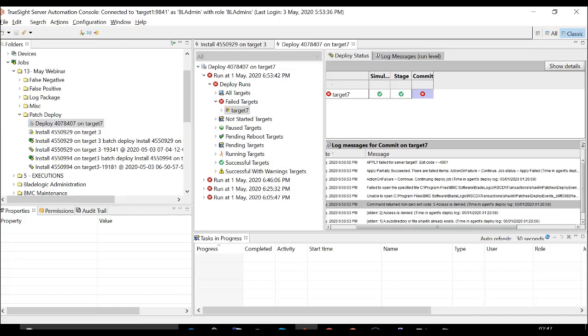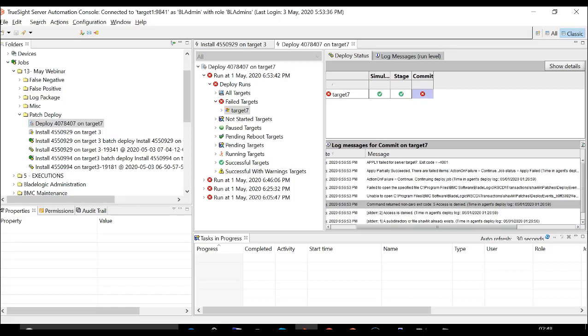There might be scenarios wherein a job failed with exit code 5 saying access denied, but your system administrator might come to you saying that this is not the right error, that they tried to install the patch using the mapped user on the OS, and the installation is successful. So we don't understand where this access denied is coming from. Now, as I said earlier, there can be scenarios where a deploy job can fail even before the installation command is executed.